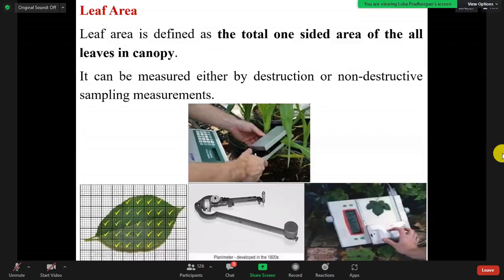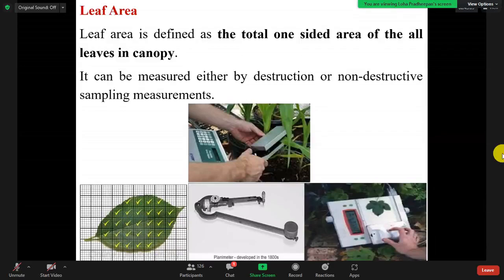One method is the grid method. By using graph paper, we draw the sketch of the leaf and count the squares, and then we are able to get the leaf area. That is one method. Then a planimeter is also available to measure the leaf area in the destructive method. Then the Coke borrow method is also available to measure the leaf area in the destructive method. But